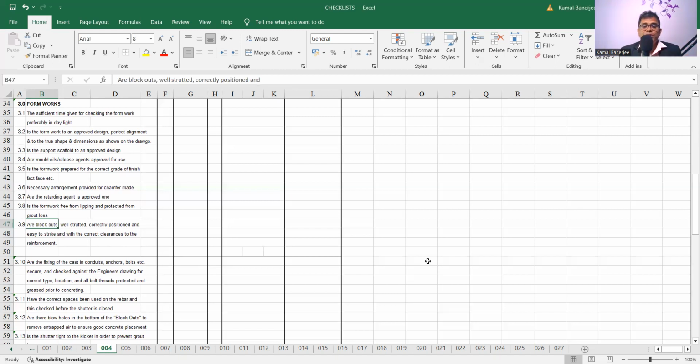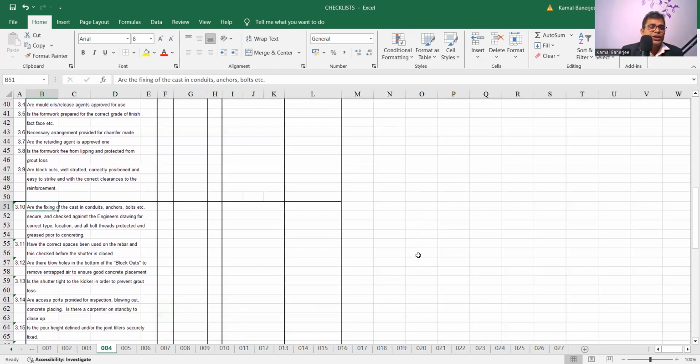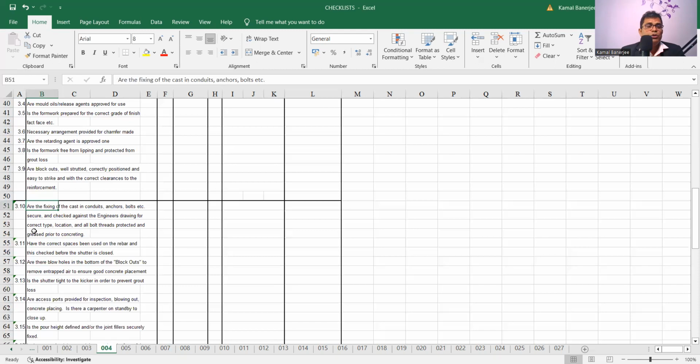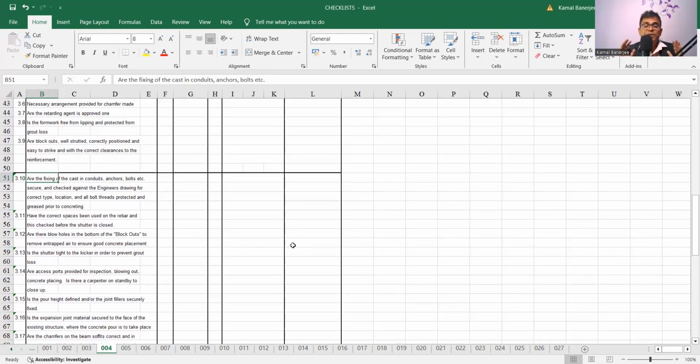So we need to find out that thing also, and we need to check whenever we are checking at the site. Then, are the fixing of the cast-in conduits, anchor bolts, etc. secure and checked against the engineer's drawings for correct types, location, and all bolt threads protected, greased prior to concrete? That means if there are any conduit bolts, we need to check whether they are there or not, and it is properly fixed, fastened, and covered with grease,